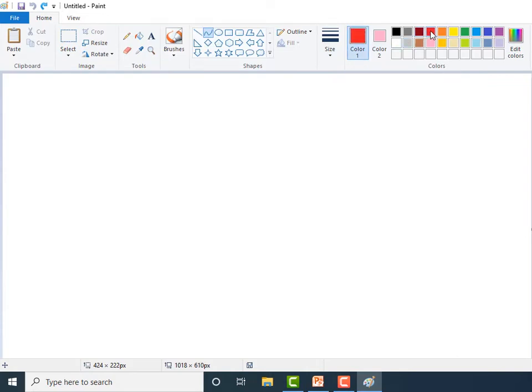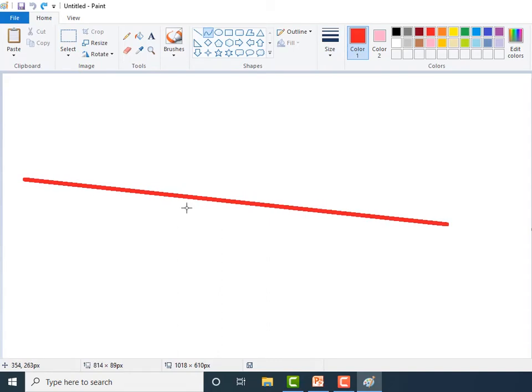Now click and drag the pointer in the drawing area. This is the drawing area. Click with the help of mouse and drag the pointer in the drawing area to draw a line. Click the point on the line where you want the curve. Click here and then drag the pointer up or down the line to adjust the curve.